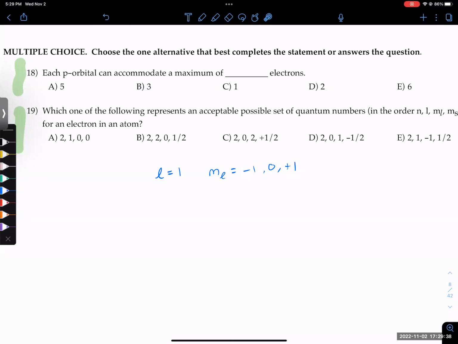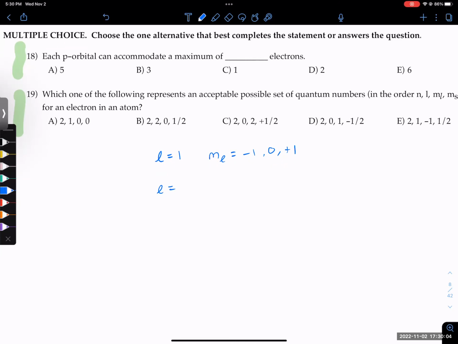If each orbital can hold 2 electrons, and you've got 3 orbitals, how many electrons can fit in there? 6, right. Let's change this question up a little bit. Say it was talking about the F subshell. Aside from memorizing that it can hold an X amount of electrons, how would you go about this? What must the L value be for an F subshell?